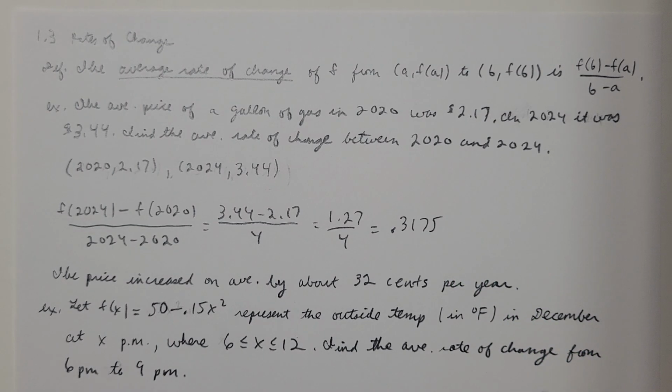Okay, that's the average rate of change. That's also a dollar amount. So the price increased on average by about 32 cents. If I were to round to the nearest hundredths place, it'll be about 32 cents per year. Okay,